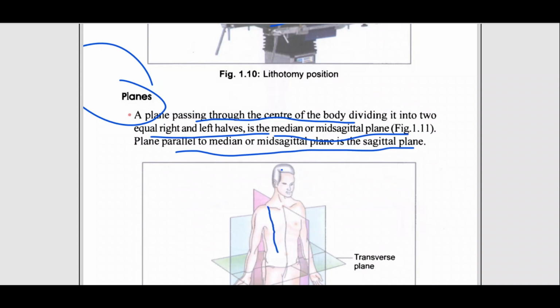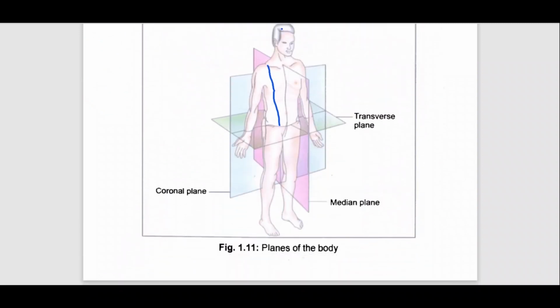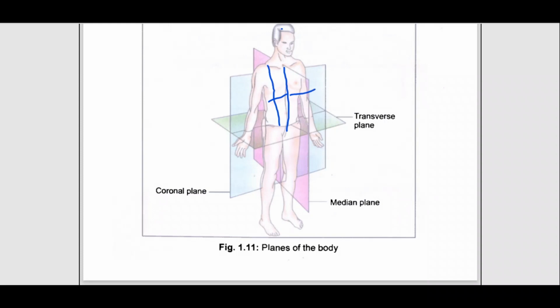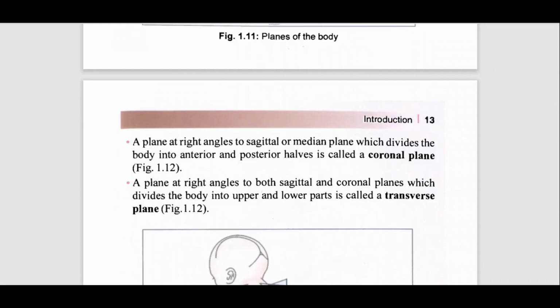Plane parallel to median or mid sagittal is this sagittal plane. This one, which is parallel to the median or mid sagittal, this is known as sagittal plane. अच्छा, figure 1.11 में this is your median or mid sagittal plane which divides your body into equal left and right equal halves. इसके बाद जो second plane है that is your